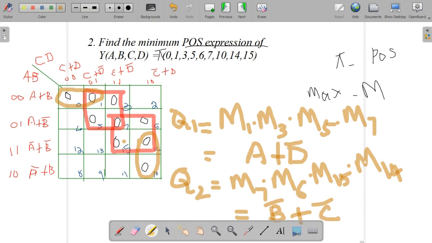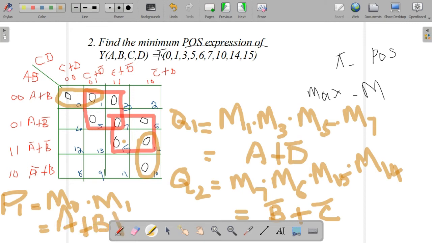So next one, pair 1, is it? So pair 1 equal to M0 dot M1. So how to write M0 dot M1, means here B dash is changing, so we will get A plus B plus C. These 3 values we will get. Wait, A plus B plus C. Yes? Yeah. 1 minute. Just do this, okay?